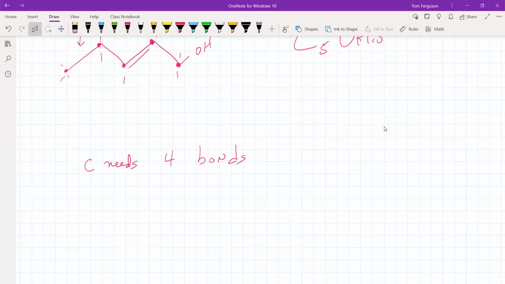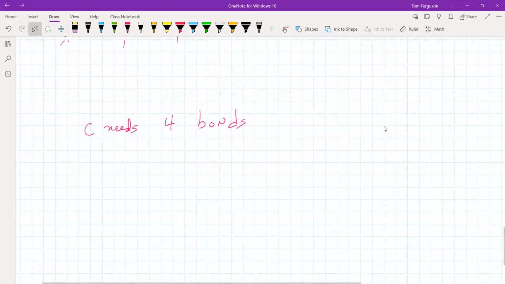Okay, so let's see. Let's do one more. I'm going to end lecture a little early today because I'm going to photocopy those new dry labs for the day. Let's do